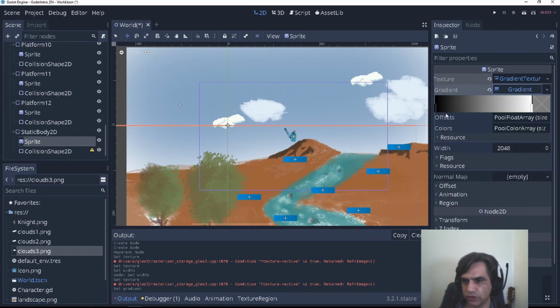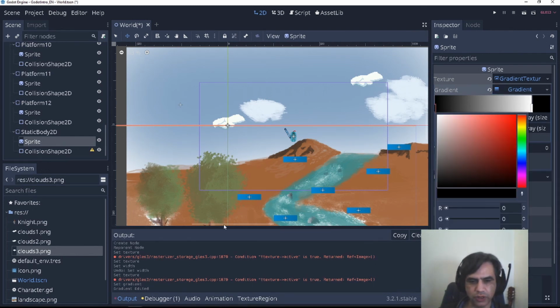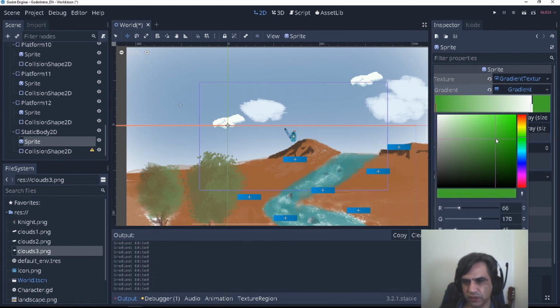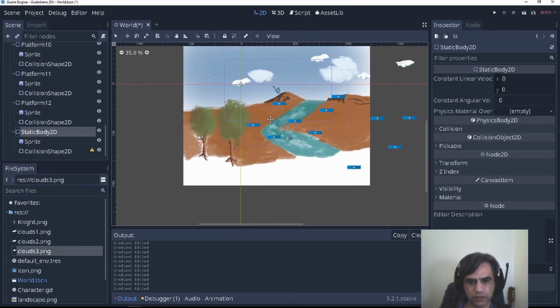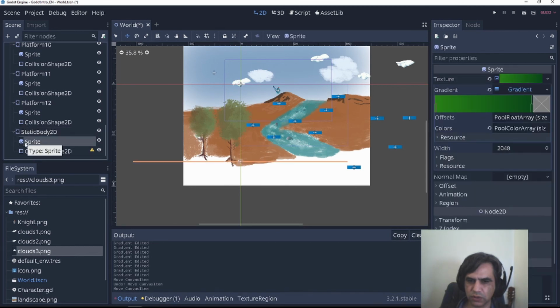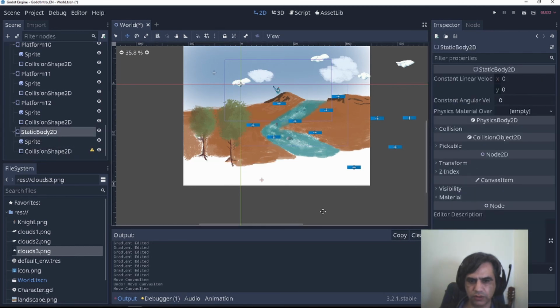I'm going to do green for saying that this is the surface. Something like that, and something like greenish also. Cool. I'm going to move this guy to the bottom. Oh, Control C. Why I cannot do this? That's strange. Ah, it's correct. So let's do something like this.